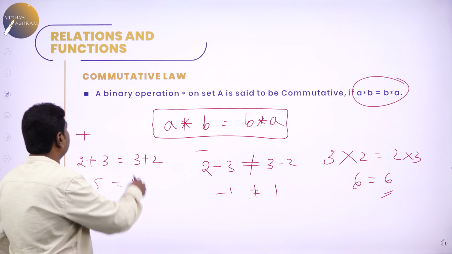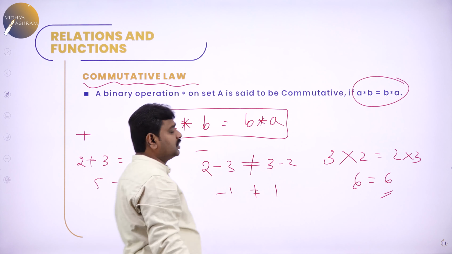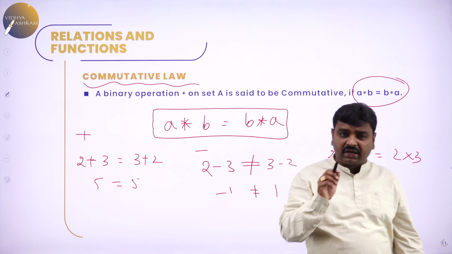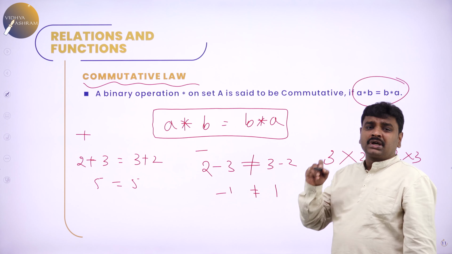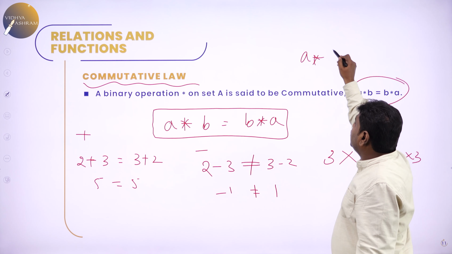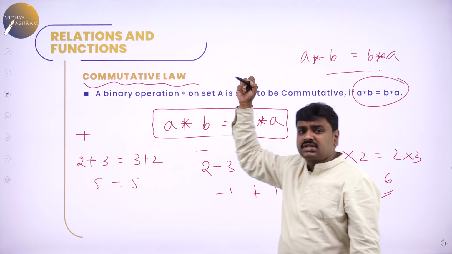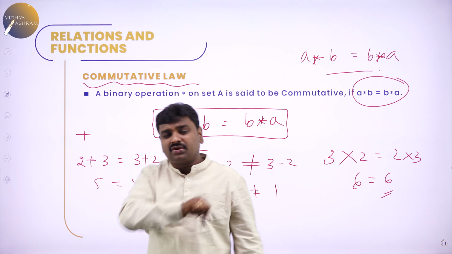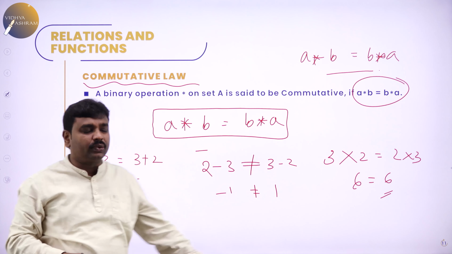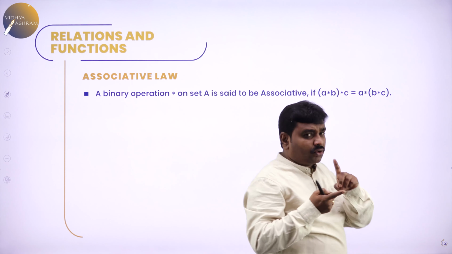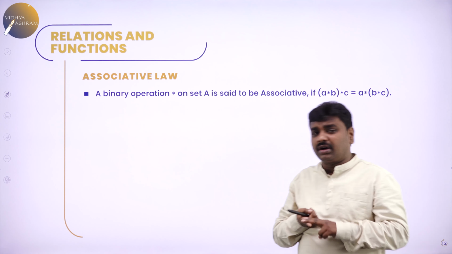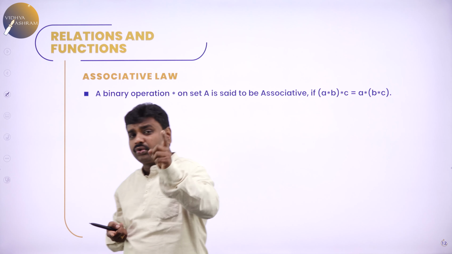Okay, coming back to this, what is the commutative law? A binary operation star is said to be commutative if you operate A on B or B on A, both will be the same. If A star B is equal to B star A, then we say star is commutative. So, now all of you know how to find identity, what is binary, and what is commutative. Now, we are going to what?